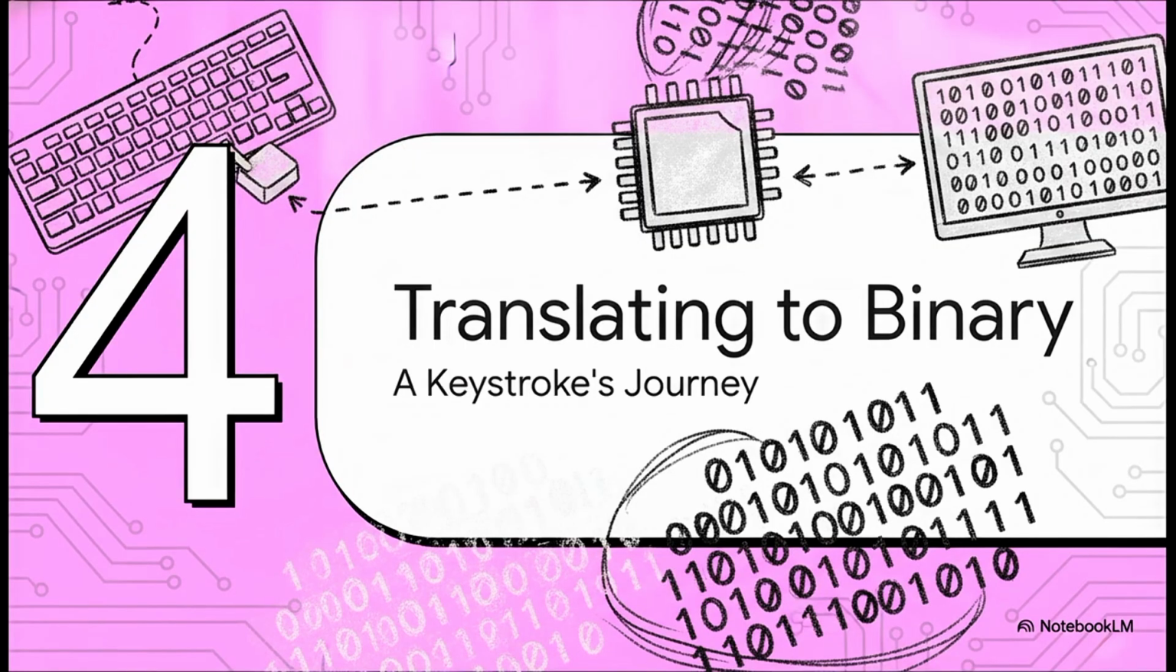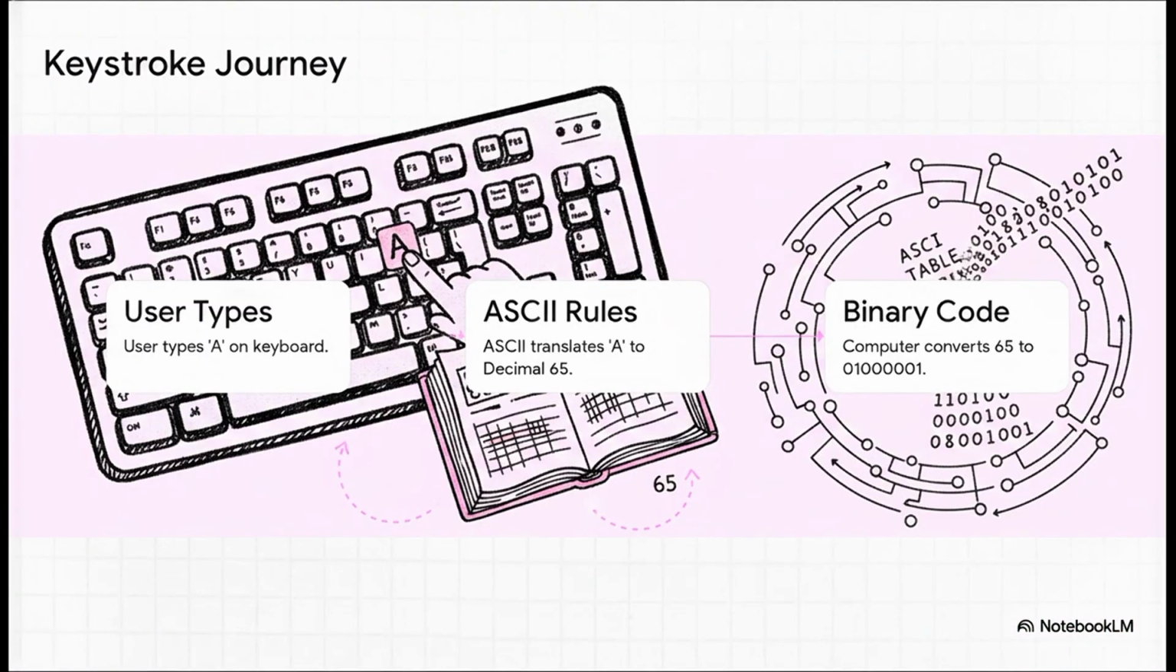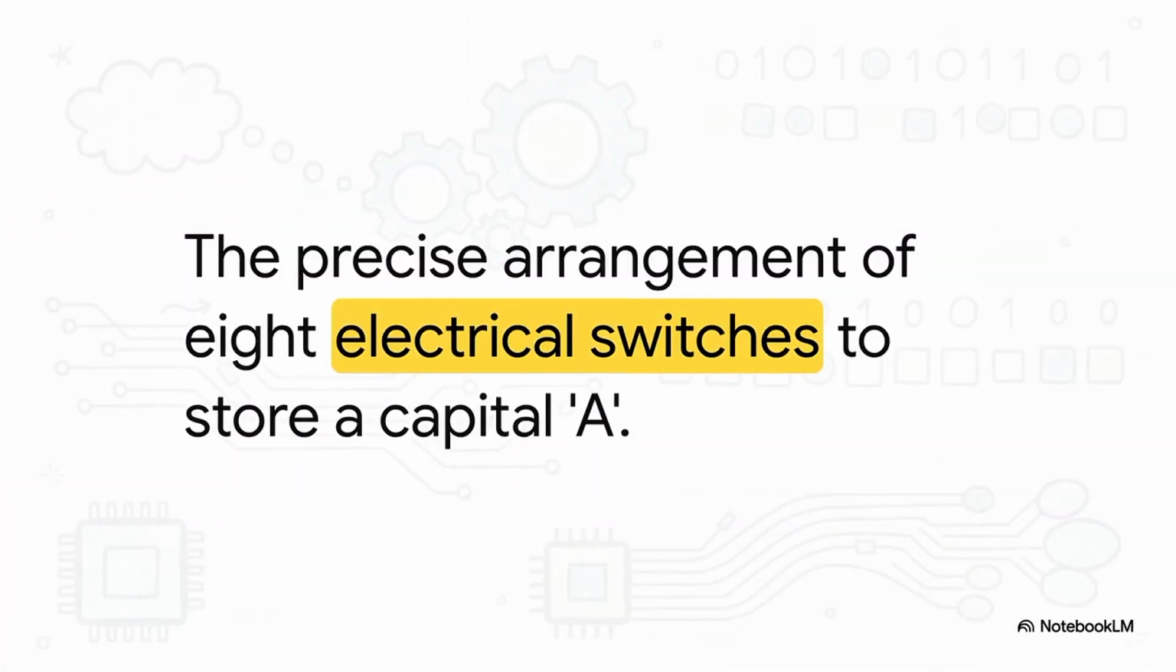Which brings us to section 4. Translating to binary code. Let's watch this micronarrative unfold step by step. Step 1, you press a key, let's say the capital A. Step 2, the ASCII standard acts as the translator, recognizing that keystroke and assigning it the decimal number 65. Step 3, the computer takes over, instantly breaking that human-friendly decimal number down into manageable binary code. So, 65 becomes a very specific sequence of ones and zeros. And that sequence is